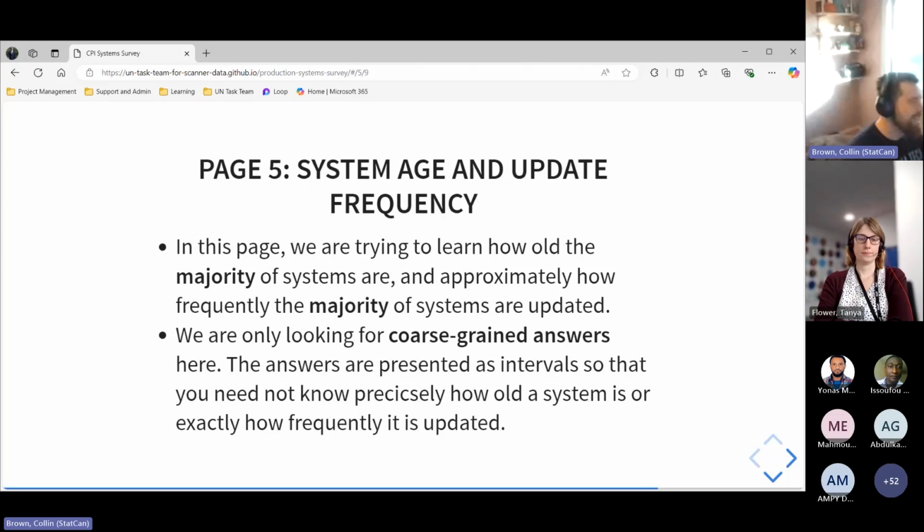And I'll also flag here, and this is similar for a lot of the questions, we introduced bucketed responses. So we're not looking for anyone to say, oh, our systems on average are updated every 3 months, 2 weeks, and 4 days. What we're looking for is, is it every month? Is it every quarter? Is it 2 times per year? This is the level of granularity we're looking for. So the buckets reflect that. Again, no need to have a super precise idea, just a high level idea is what we're looking for.